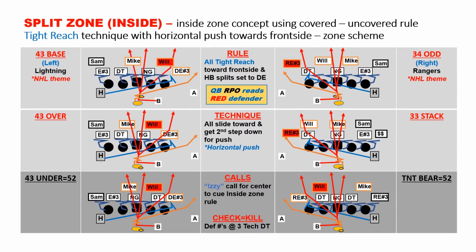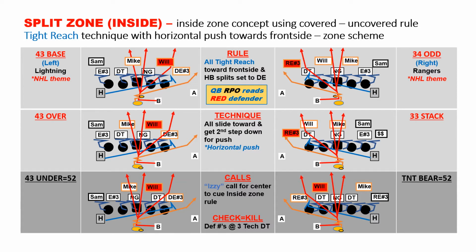With split zone blocking, it's an inside zone. What we use is a covered on cover rule and then a tight reach technique. So again, if we look in the upper left-hand corner versus a 4-3 base, center's going to come up and do defensive front recognition. He would say even, even, even. Now we've got our guards covered. So the guards would both use a tight reach technique where they're going to take their right hand or the backside hand and go ahead and place that right in the chest of the man over them. Again, we're all going to step with our left foot, slide step, 6 inches to the left. Then second step is the power step into